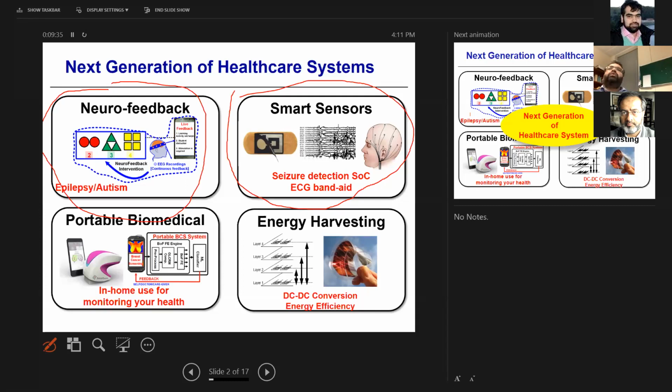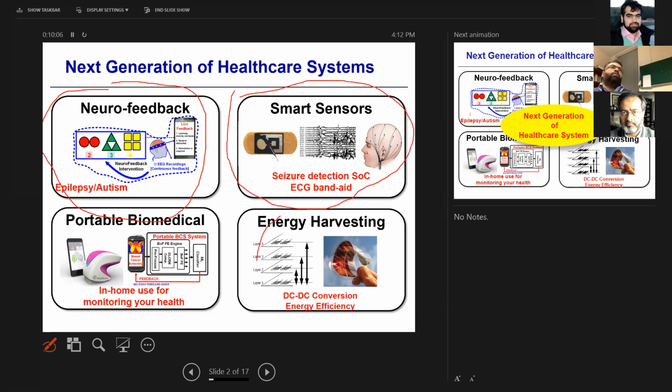So why not use energy harvesting? Why not use your motion? Why not use your sweating? Why not use solar? Somehow get or harvest the energy from your environment to run those sensors. So that's an area which is somehow my dream to implement. But at this moment, this is an area which I preliminarily want to work on, but need some more further support from the students.